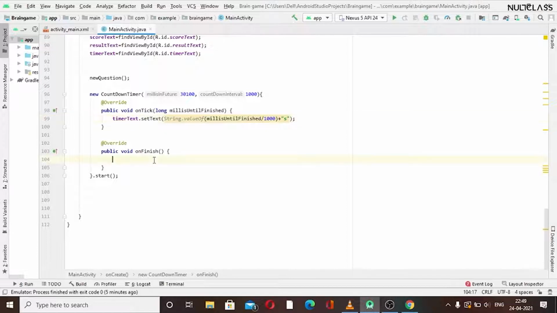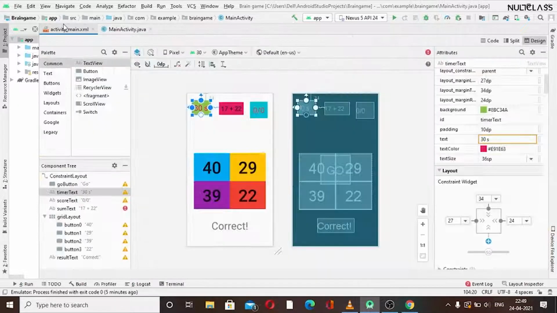And for onFinish, whenever it gets finished, what should it show? After the completion of this game, like 30 seconds, 29 and then down to 0, we need to show in the result text that you are done.